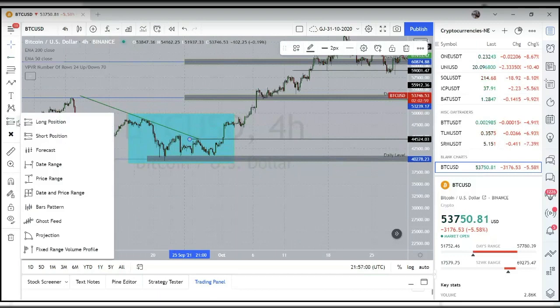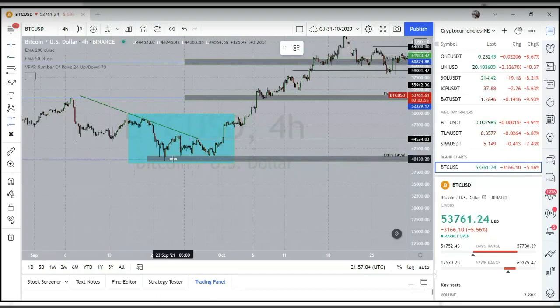Let's say you set your orders at 41k. 41k to, let's just put it there, 41k to, what's that, 39k is a 5% move. So if you believed 40k was going to hold,